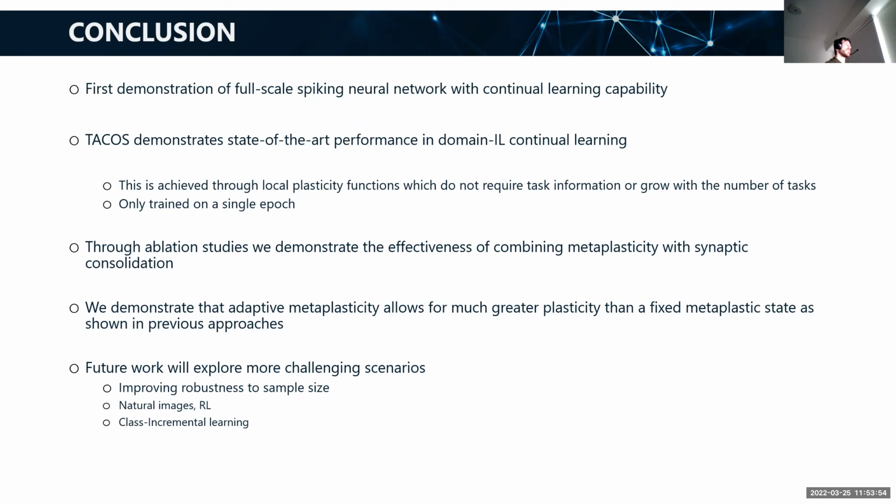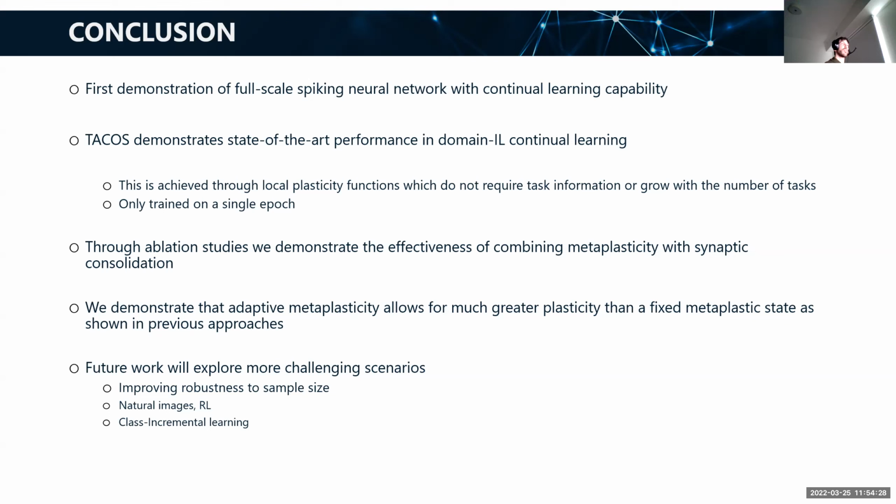And in conclusion, this is the first demonstration of a full-scale spiking network for continual learning. At the time, the only other publications that were out there were all Hebbian learning, restricted to single input-output layer models, or they used transfer learning and then used Hebbian learning just to train the last output layer. They didn't work with gradient learning rules for spiking neural networks. Whereas with this approach, we can train multi-layer spiking neural networks.